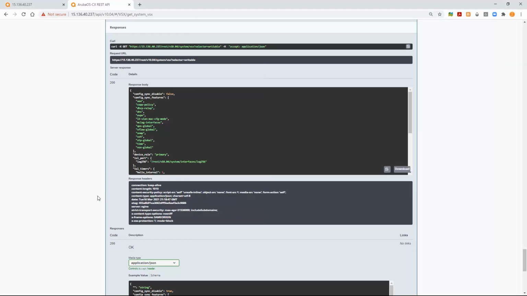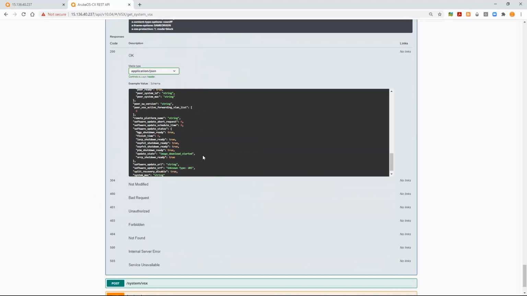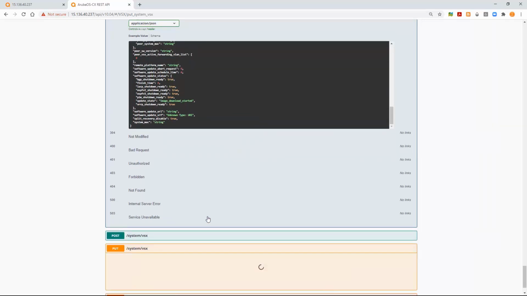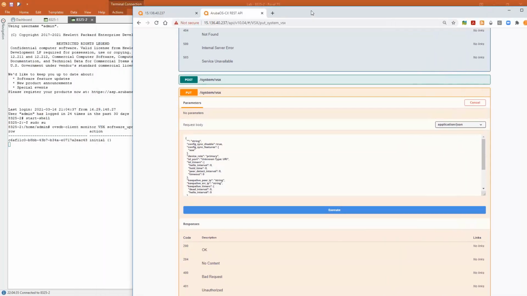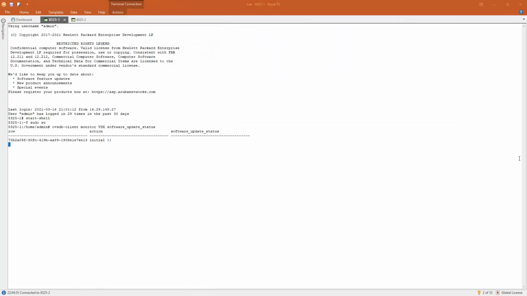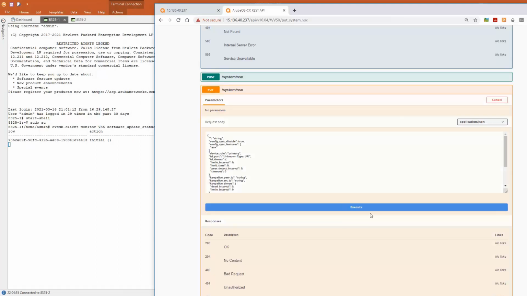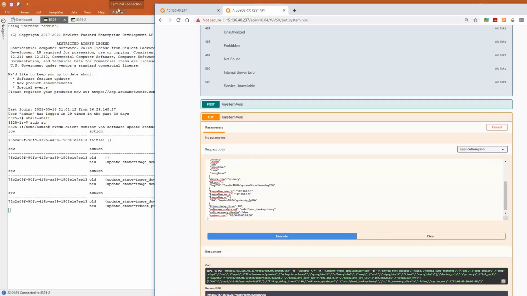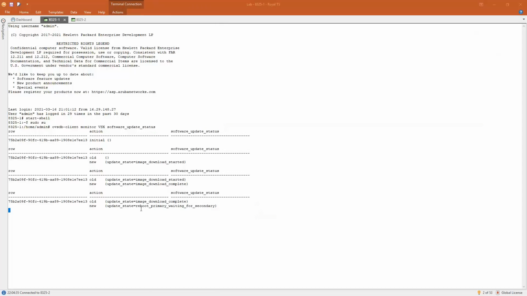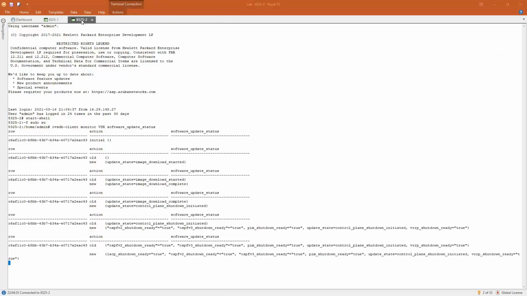So let's go to the put section, which is there. Try out. Let me minimize that a little bit so that on the primary you can immediately see what's going on. And I'm going to paste that into that section and I will execute. And now you see that the reboot has already been started and triggered for the secondary. So the information through remote procedure call has been sent to the secondary to reboot.